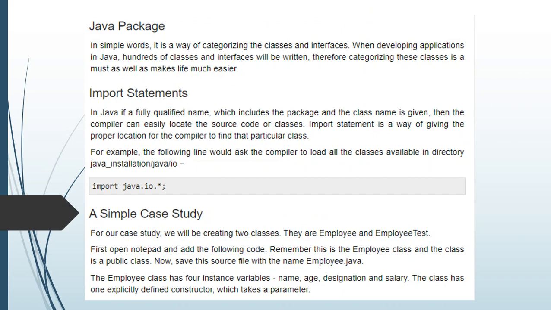Import statements. In Java, if a fully qualified name, which includes the package and the class name, is given, then the compiler can easily locate the source code or classes. An import statement is a way of giving the proper location for the compiler to find that particular class. For example, the following line would ask the compiler to load all the classes available in the directory Java installation java.io: import java.io.*;